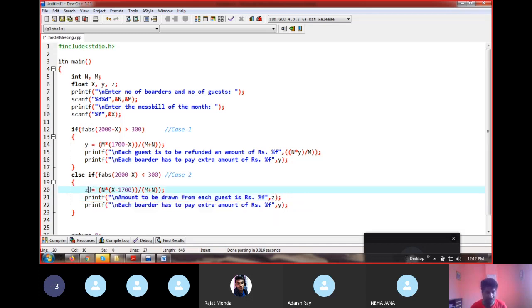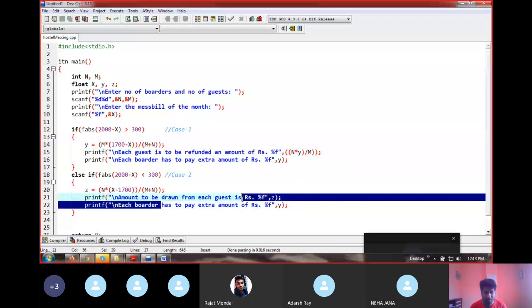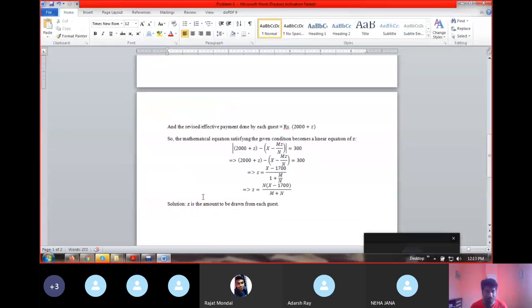This is, and each boarder. So each boarder will be refunded how much z is drawn from each guest. So each boarder will be, in